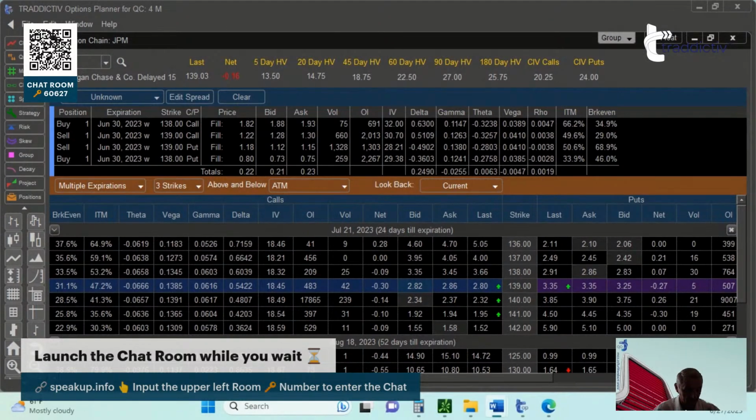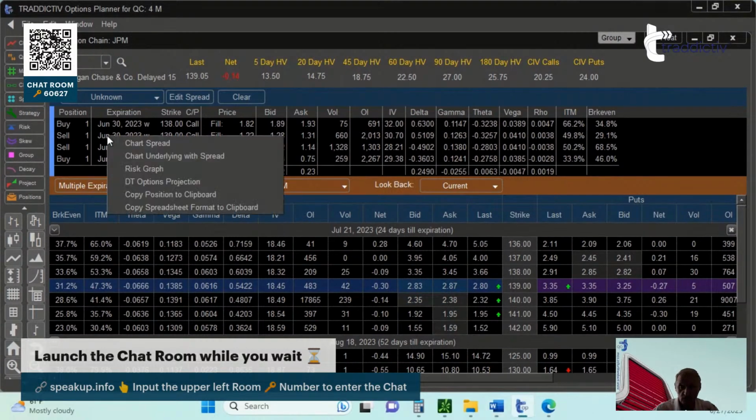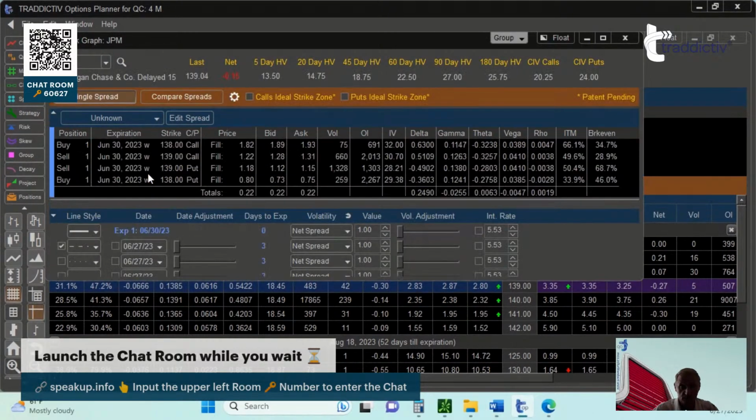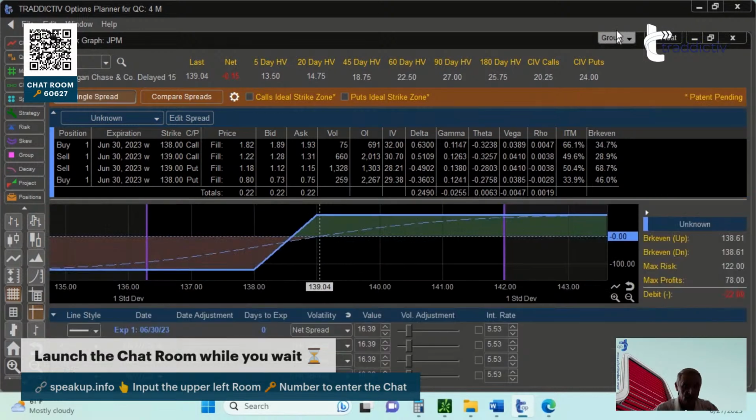Also on another product, I want to make sure that I show you the risk graph. One of the easiest ways to show the risk graph is simply to click right here, and then point out that maximum profit is only $78. Now be aware that we are risking more than what we are making. So that's not really a 3-to-1 trade. I'm quite aware that that's not a 3-to-1 trade, but be aware of the simple fact that